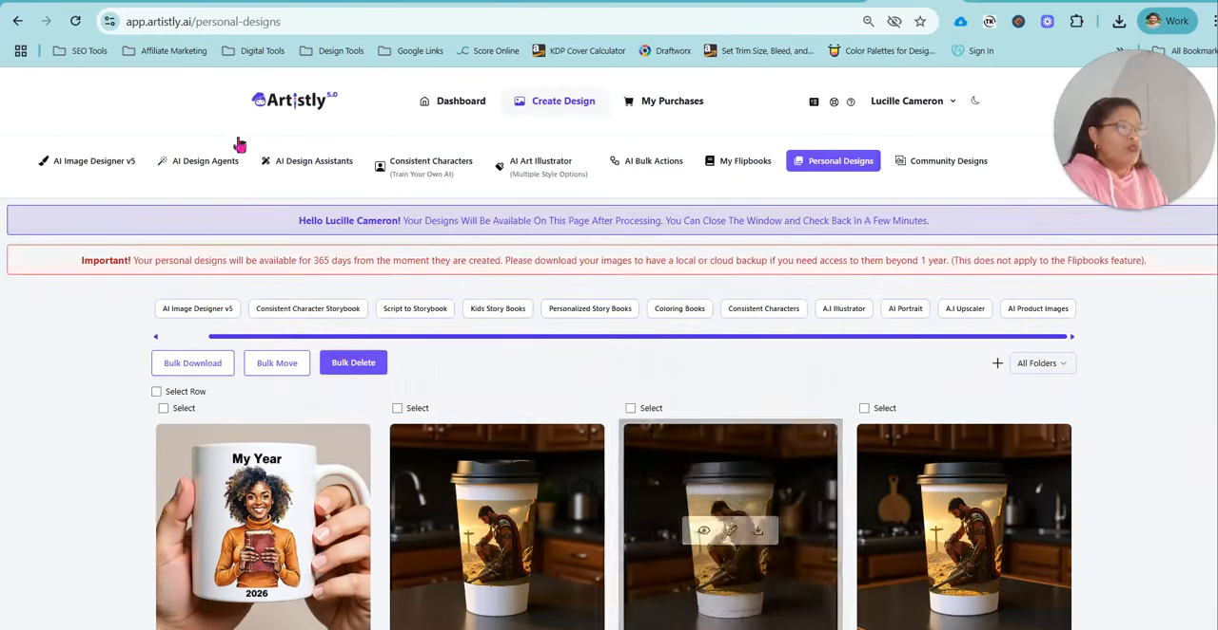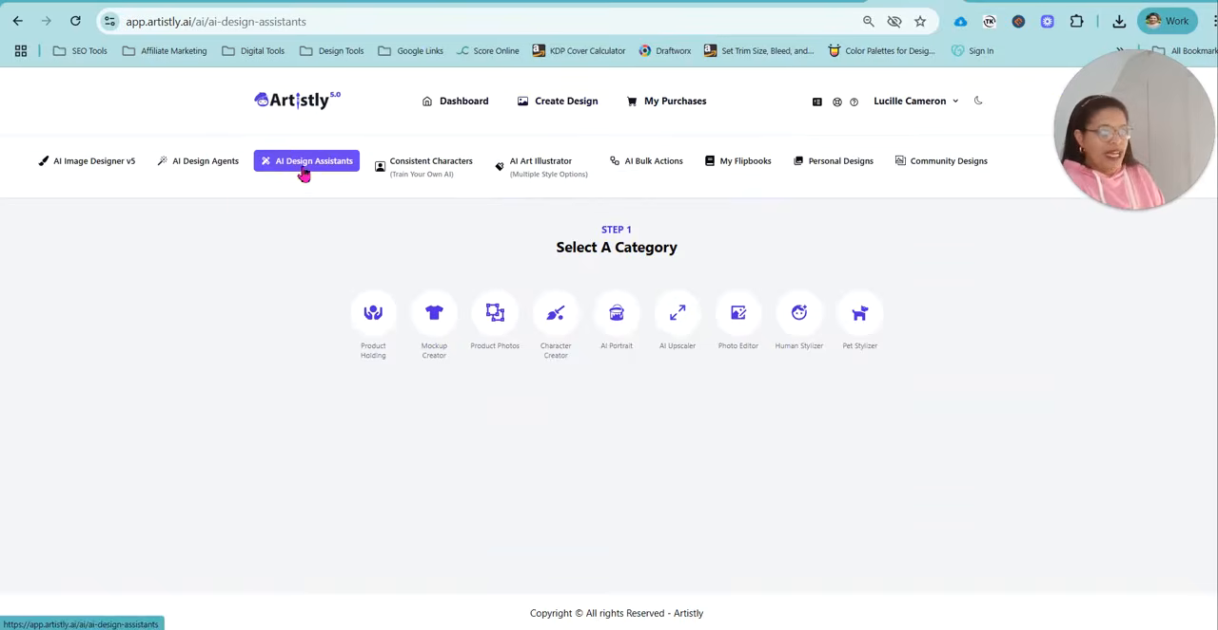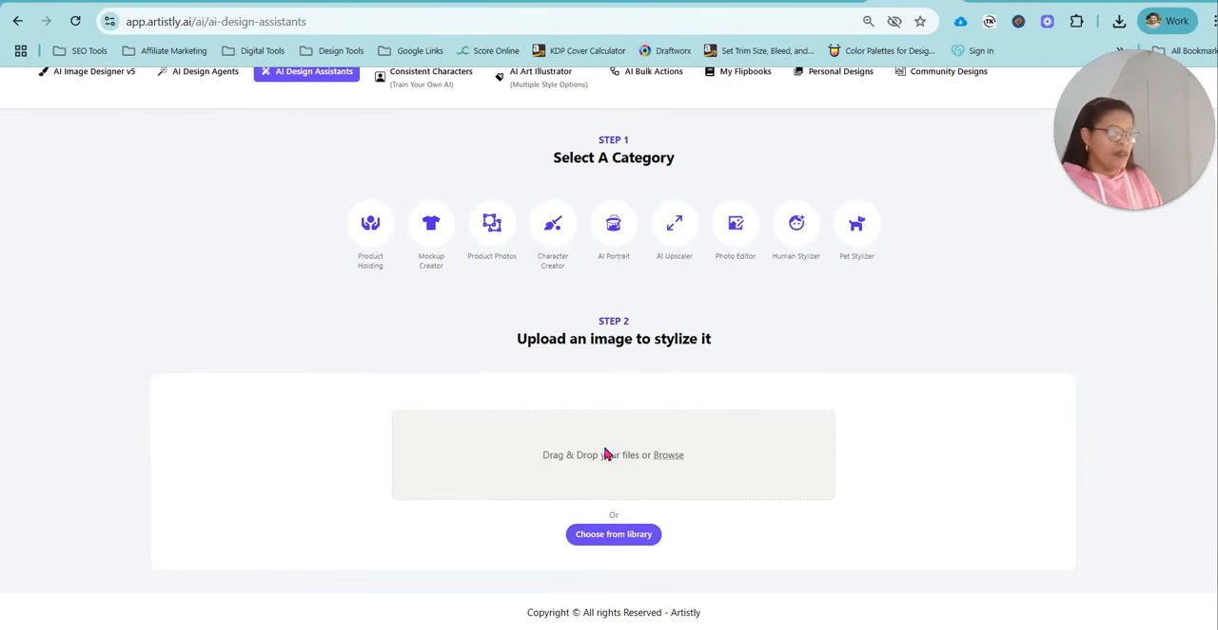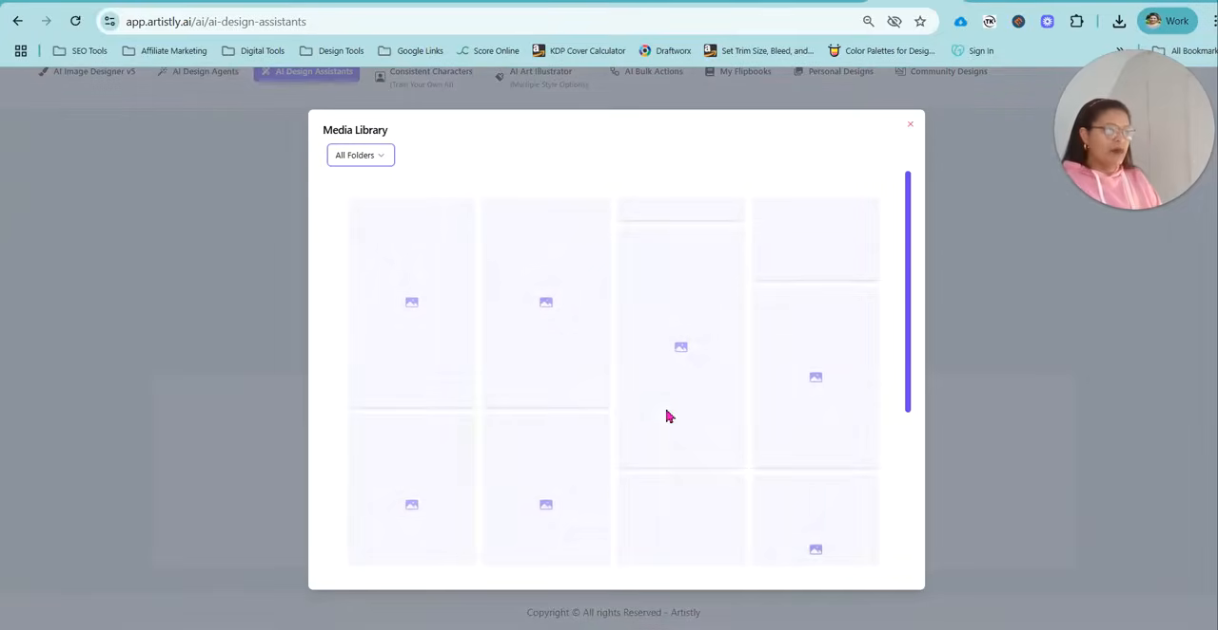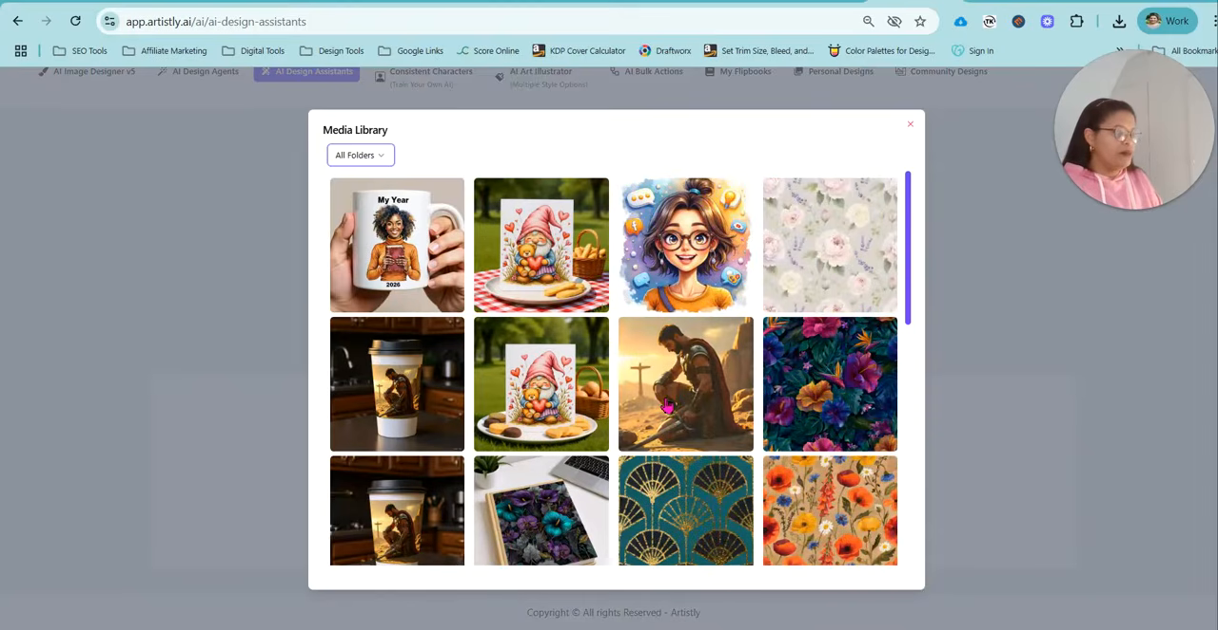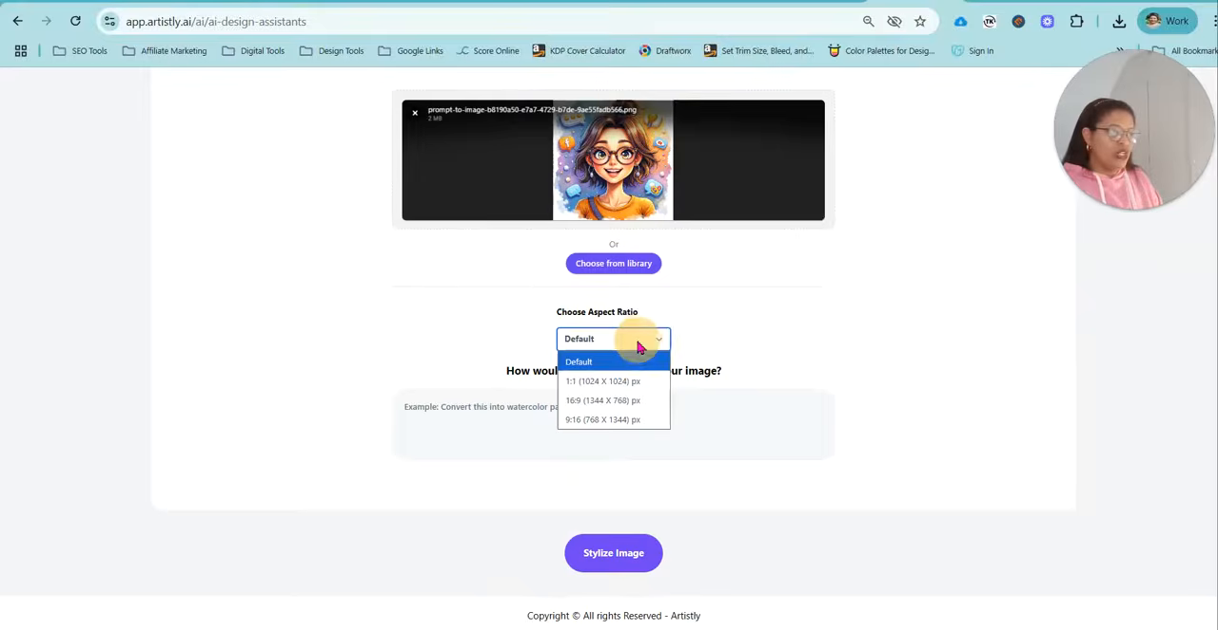Okay, let's go over to the second method, which is also AI design assistant. Human stylizer, same process really. So we can go to library, you can just choose another one. Let's choose this one. You can choose your aspect ratio over here. So I'll leave it like that and just say